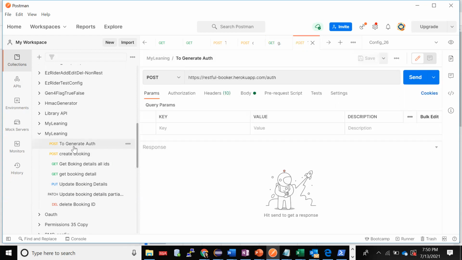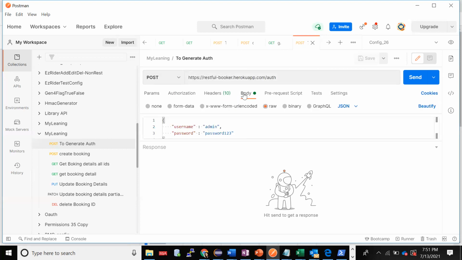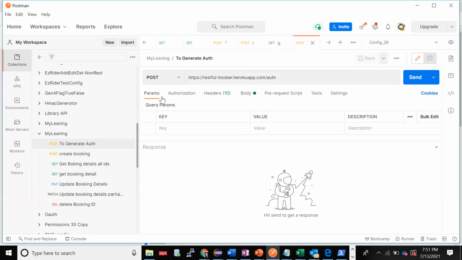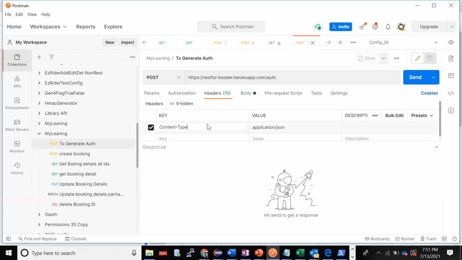Okay. So how will we hit the API? What is an API's combination of? Just see it. An API will have, first of all, the method followed by your URI. This is a URI. Then it will have a header and body. As of now, go only with these three things. Parameters anyway are not there for this API. The header is content type application/json, and it will always be there.